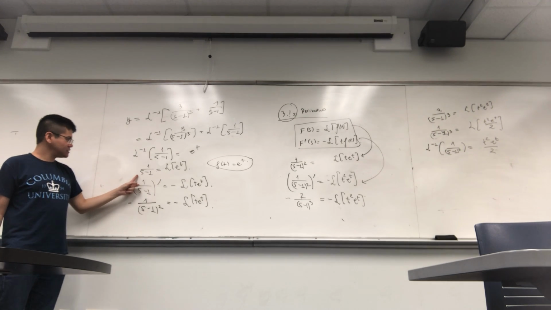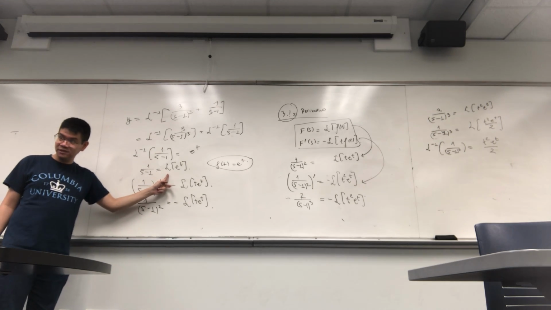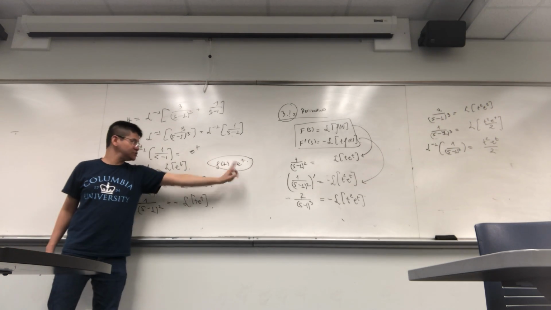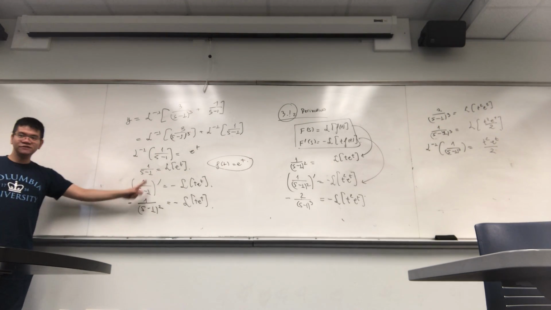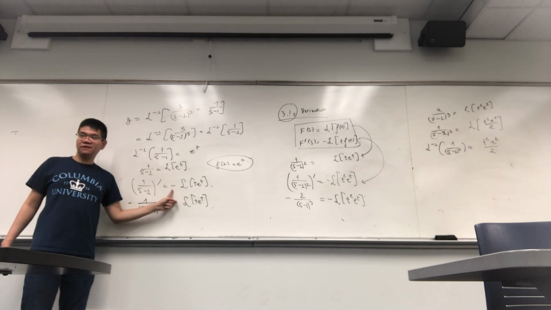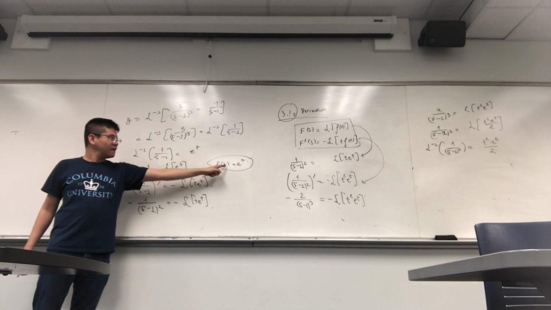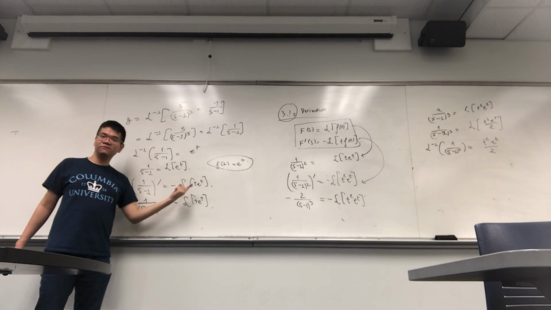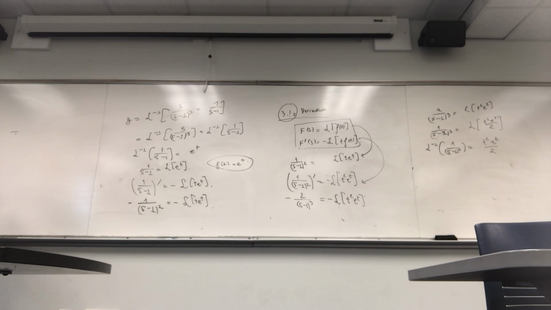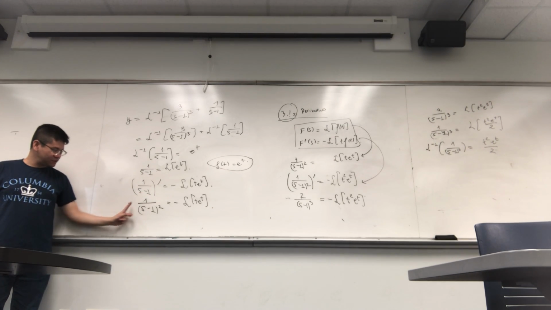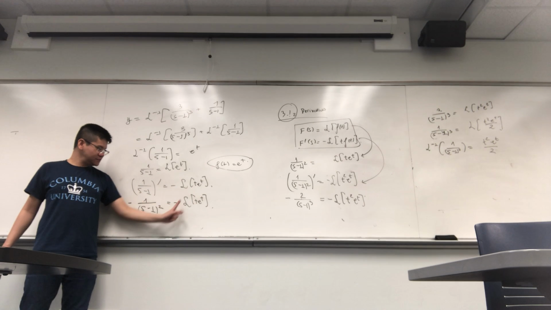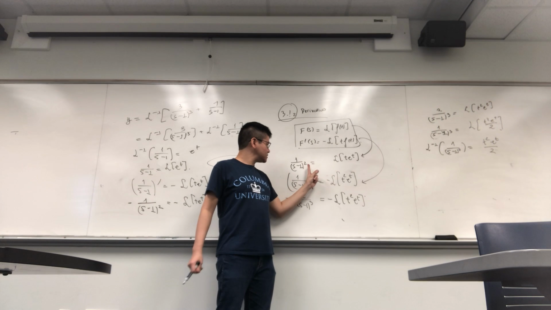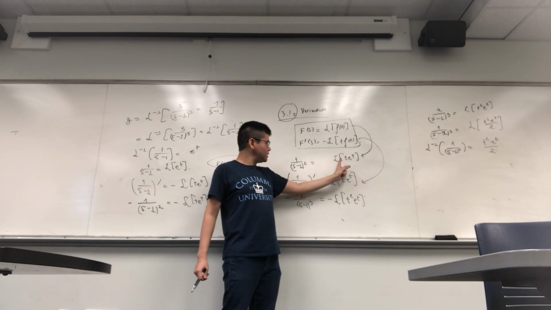So I know that 1 over s minus 1 is the Laplace transform of e to the t. I apply this formula for the function f(t), which is e to the t. So the derivative of this will be minus the Laplace transform of t times the function f, and f(t) is e to the t. So here I have minus the Laplace transform of t e to the t, right? This derivative is minus 1 over s minus 1 squared, and this is minus the Laplace transform of t e to the t, which means that 1 over s minus 1 squared will be the Laplace transform of t e